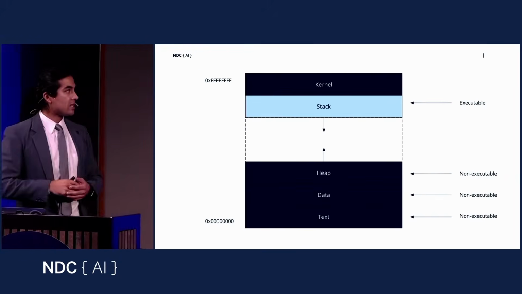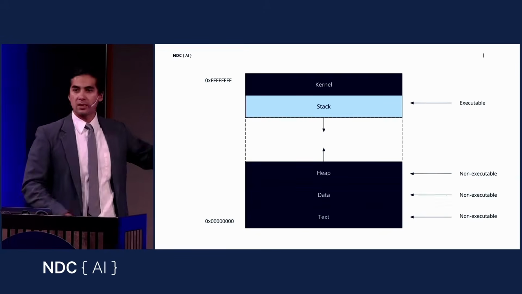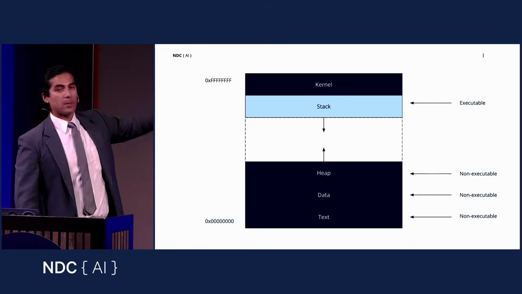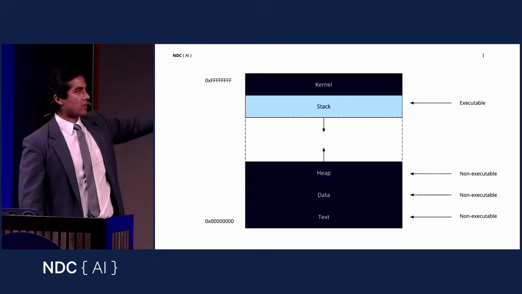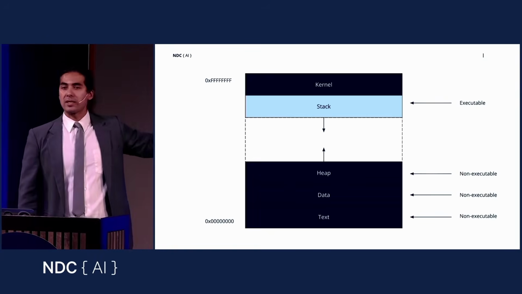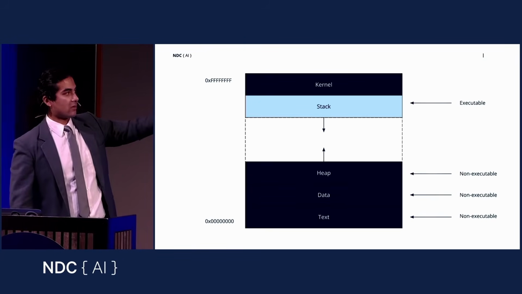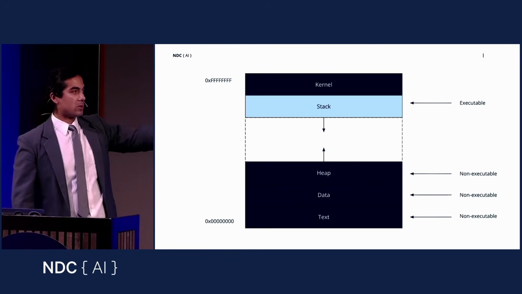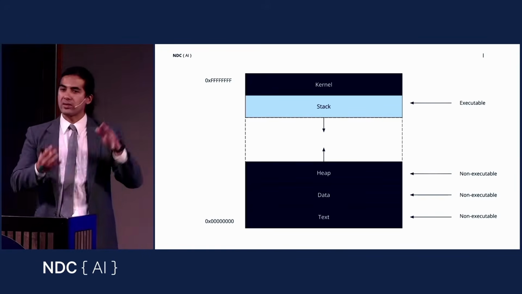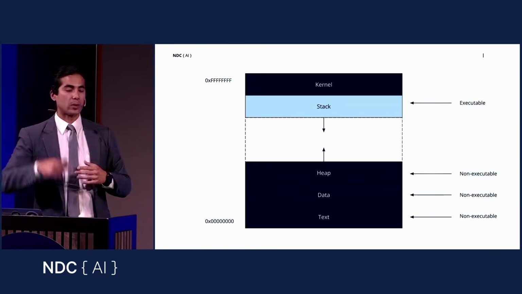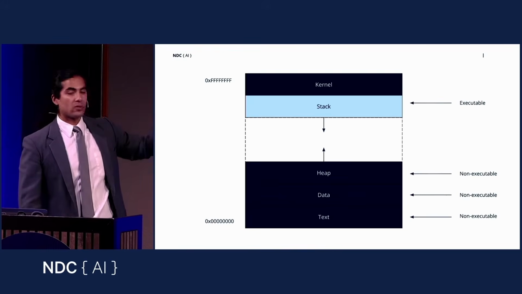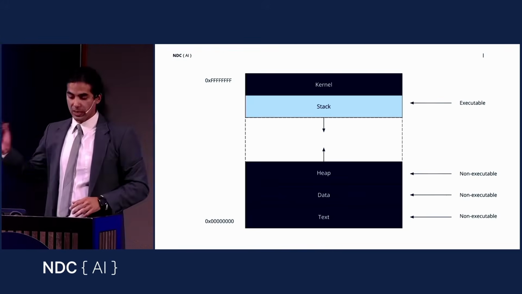If we were to contrast this with your classic security, I'm sure many of you are already familiar with the memory layout for different programs in computers. We have the stack, the heap, data, text, all of these things. And there are different security measures that we can put on the stack, for example, to be executable, but on the heap so that it's non-executable. We can do the same with data and text so that we're preventing different regions of memory from interfering with the other ones. We don't have this type of security model for Gen AI systems just yet.